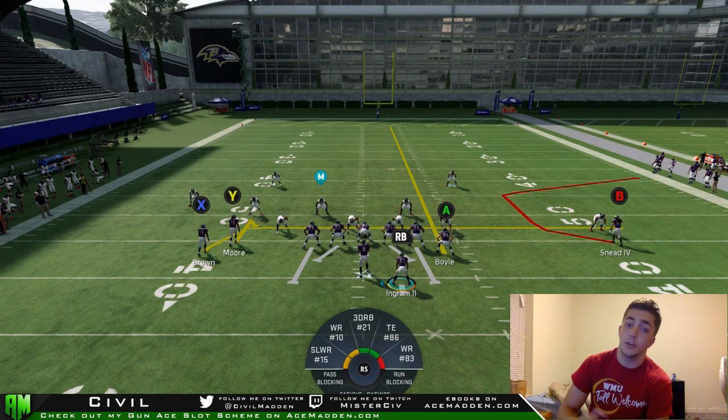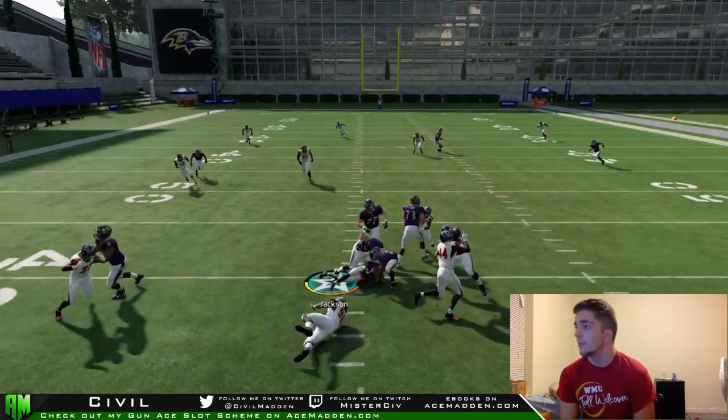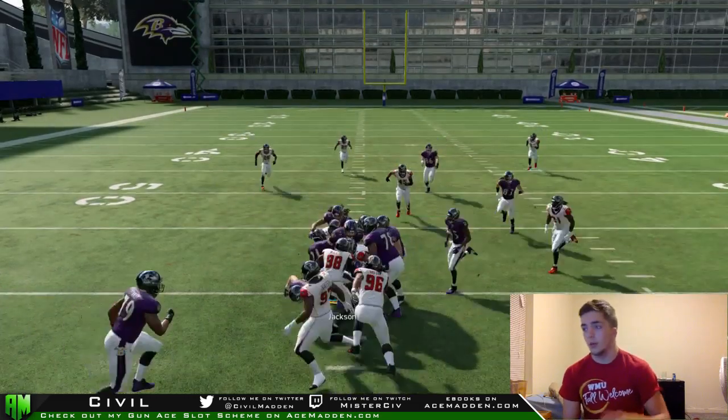Once again, the C route is very good. It's going to get over the top of hard flats, but it's going to stay underneath most deep zones. So that's very, very cool. So we're running it here. If we had any kind of time, you can see how...